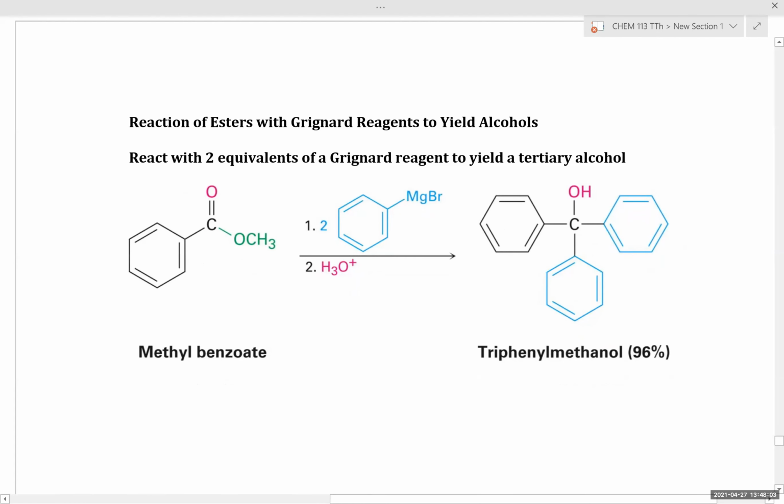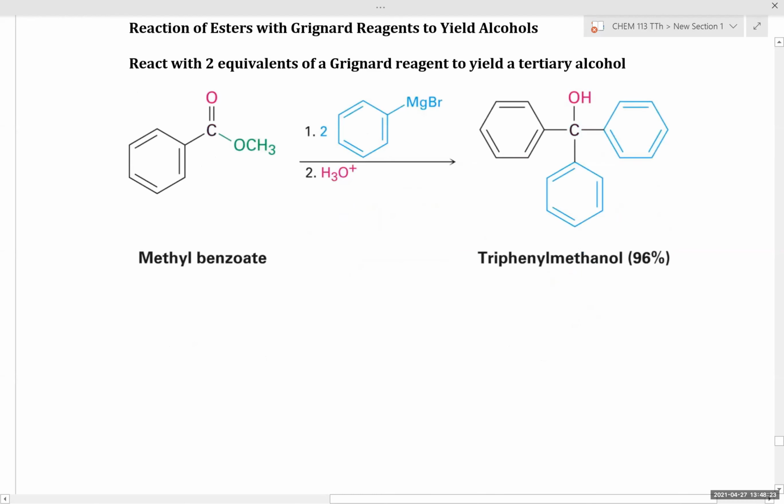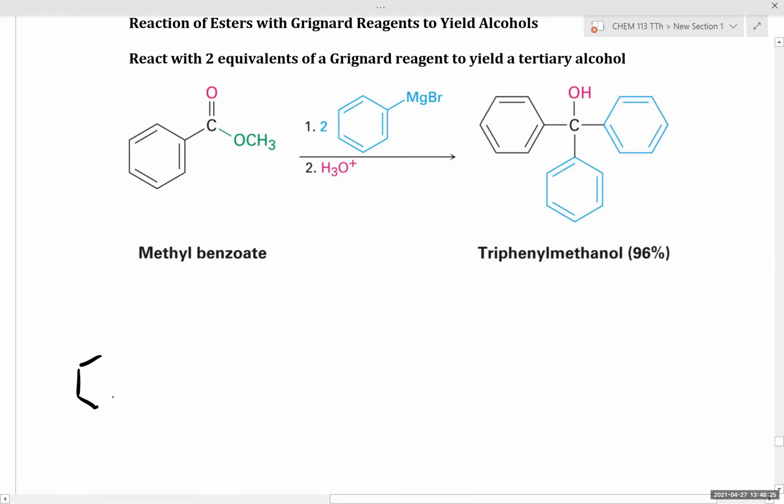Similar to reduction, we can also attack esters with other hard nucleophiles, such as Grignard reagents. As we talked about all the way in the chapter on alcohols, we can prepare symmetrically substituted alcohols via addition of two equivalents of Grignard into an ester. Just as a recap on this mechanism,